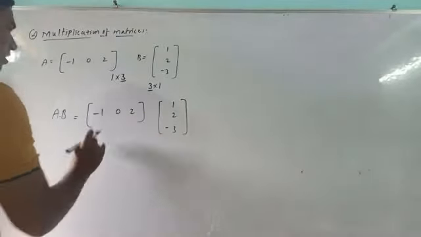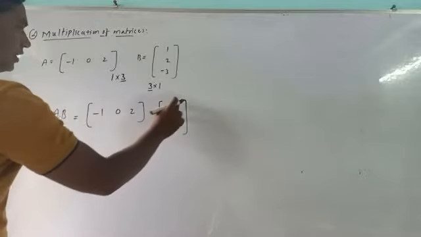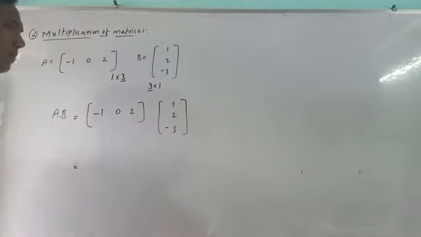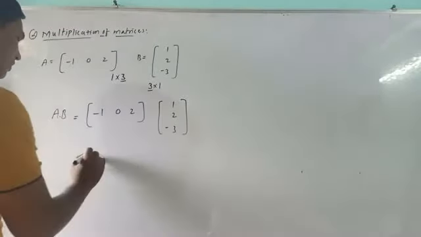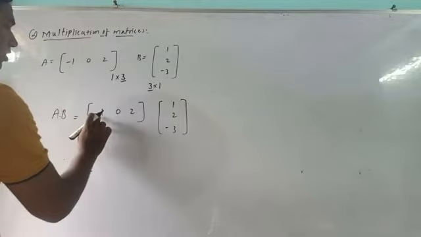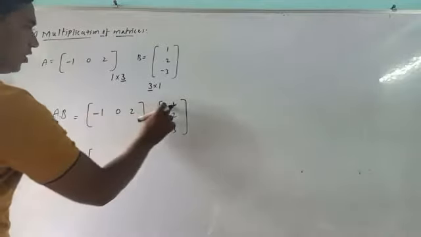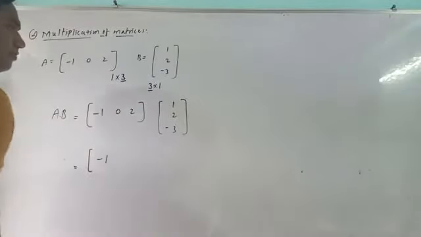See here now. This is the first row and this is the first column, or there is only one row or only one column. Then how to multiply them is very simple. The element of the first row is multiplied with the element of that first column. So we can write here -1 into 1, it becomes -1.